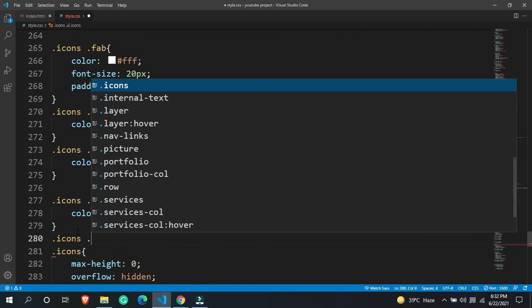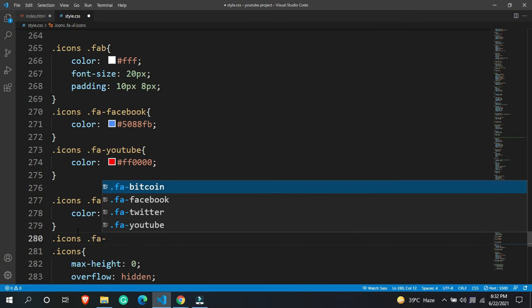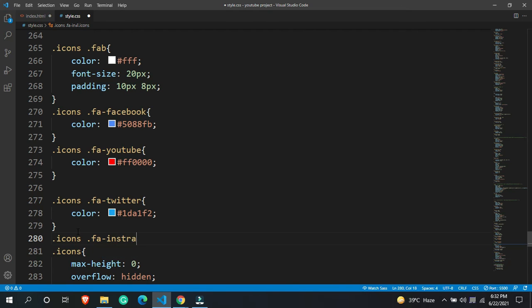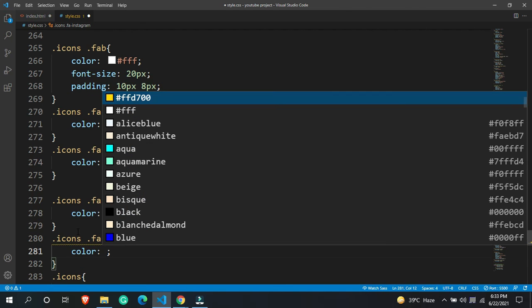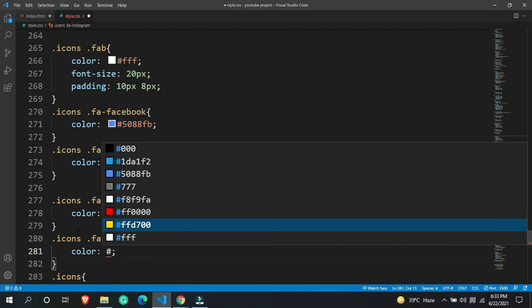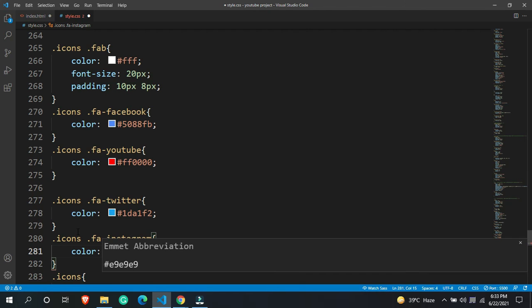And then we are going to target our color for Instagram. Then after that we are going to give the color of Instagram, hashtag E95950.